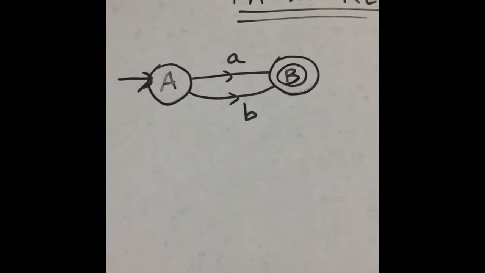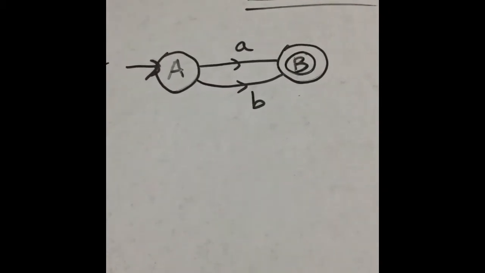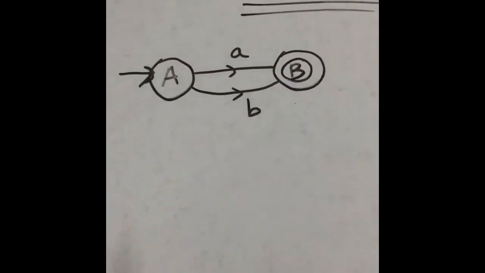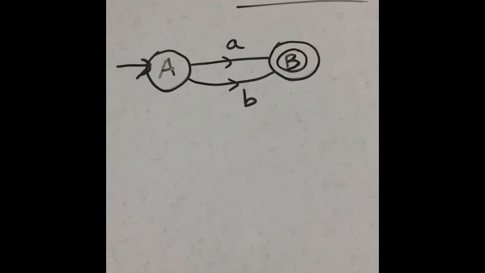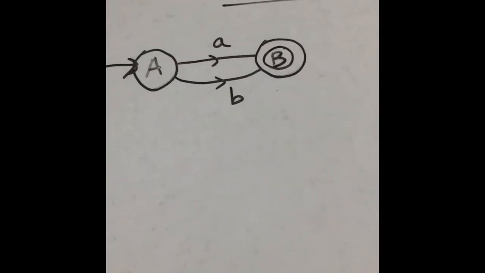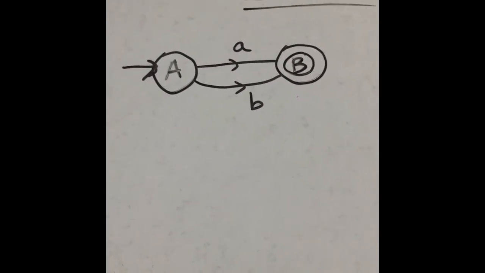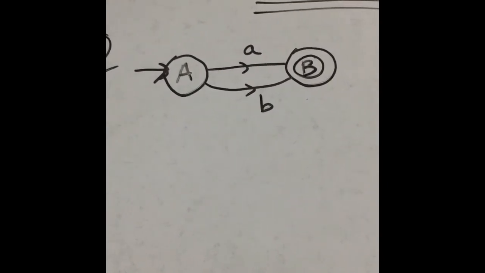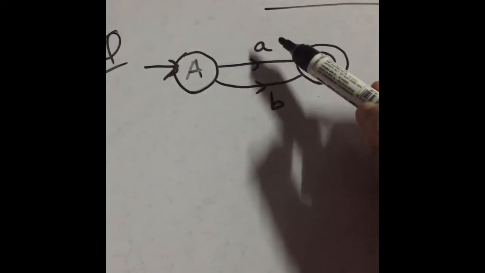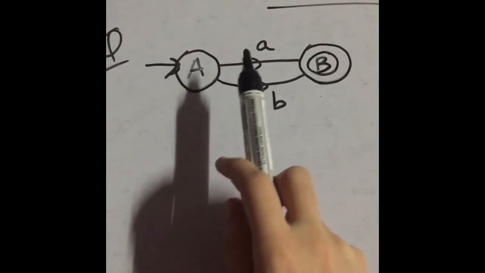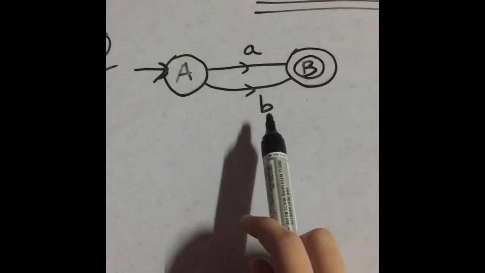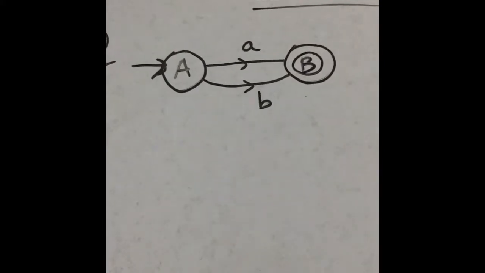And the third step, is there more than one final state in this automata? No, there is only one final state B. So there is no need to apply these 3 steps because it is already well defined. So now there are 2 states, one is initial and second is final. There is a transition from A to B on A, and a transition from A to B on B.